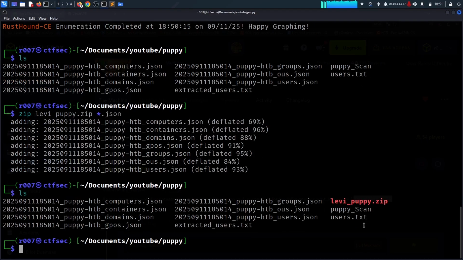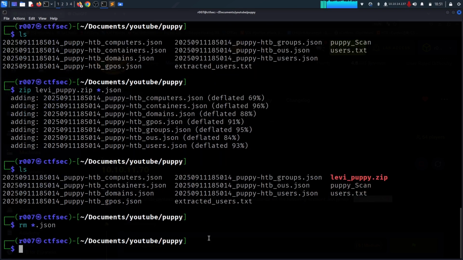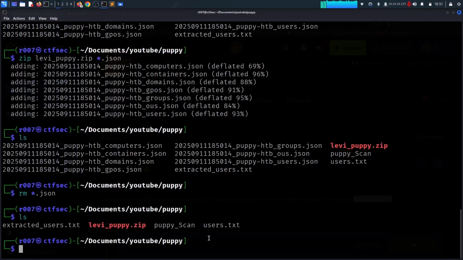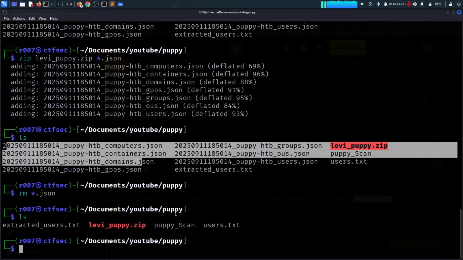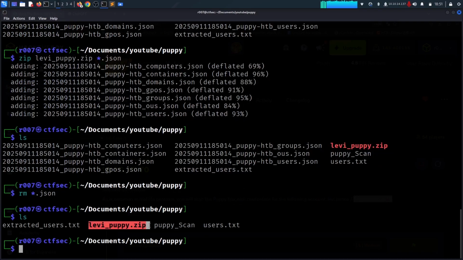Great. So now we have the zip file. Now we can remove every file that ends with JSON for clarity. Now when we do ls, you can see that we've deleted all the files, and now we have our zip file,